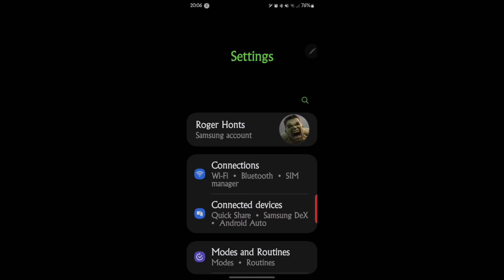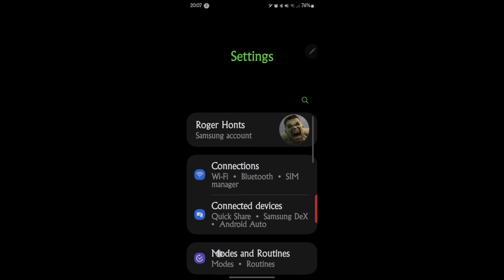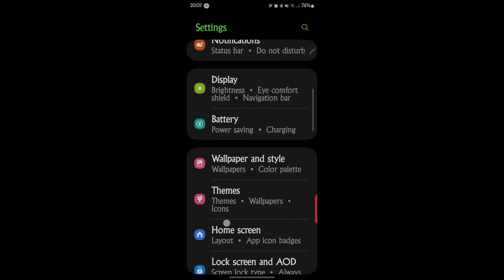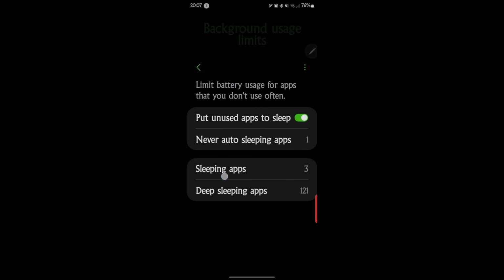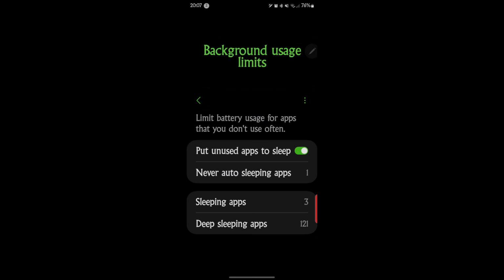Okay, so let's just dig right in here and we'll go to settings. Then go into battery and then background usage limits. Tap on that, and then here's the section, limit battery use for apps that you don't use often. So there should be quite a few apps in here. There's not going to be a lot of apps that you want in the background constantly running, taking resources and